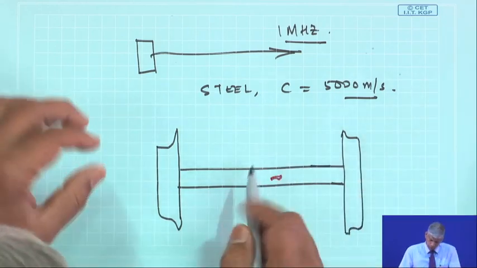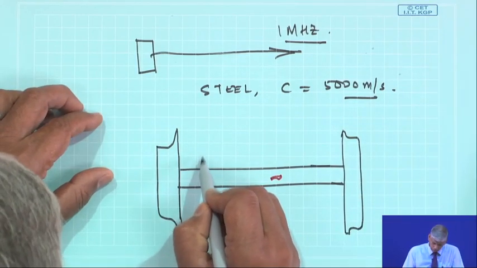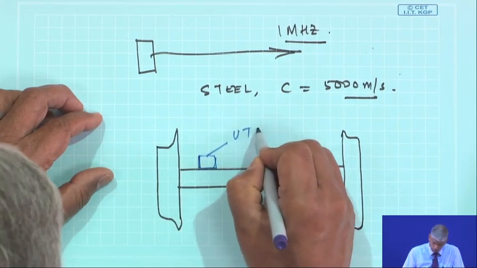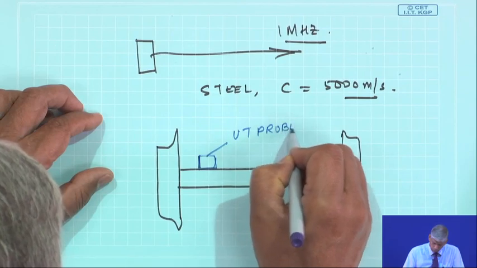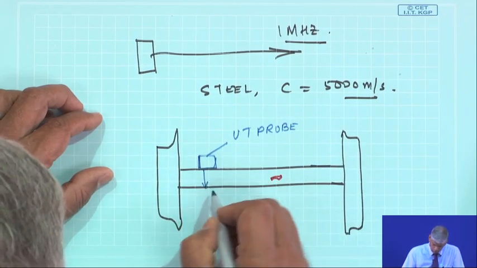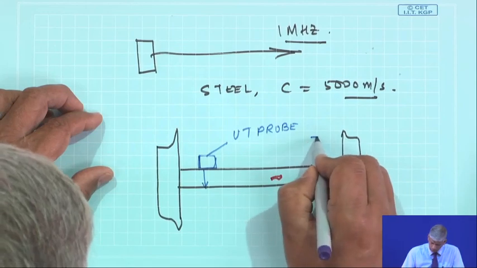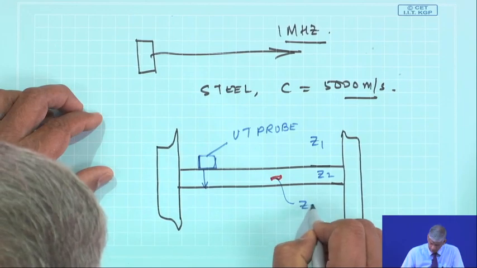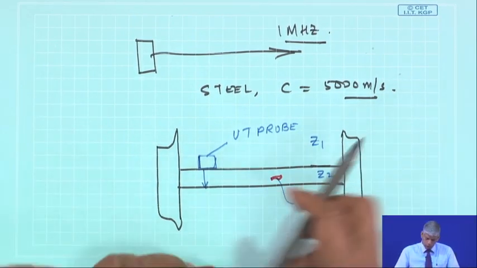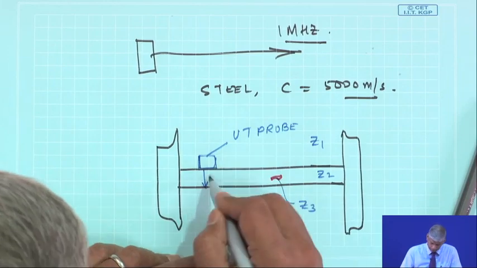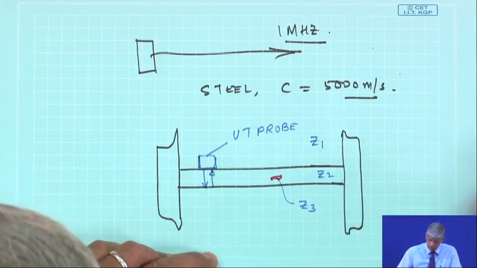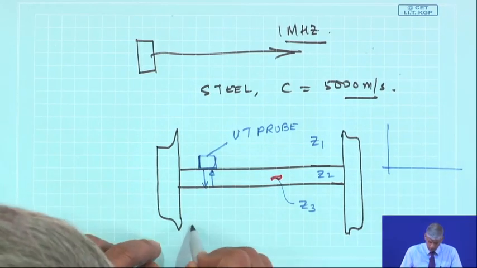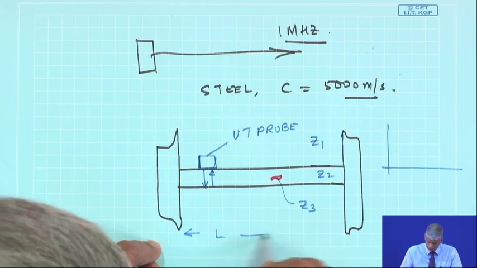So, what I could do on the surface, I could have a probe, a UT probe, which is generating waves, and then of course, this is at an impedance Z1, this is an impedance Z2, this has an impedance Z3. So, if I see the reflected wave back, and if I am scanning with maybe this entire length of the axle,